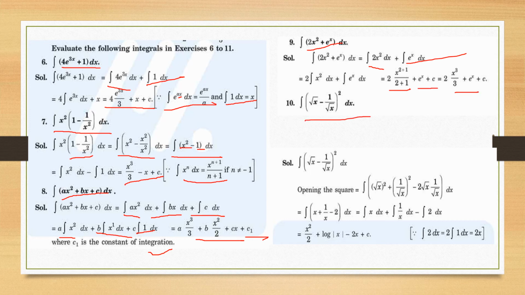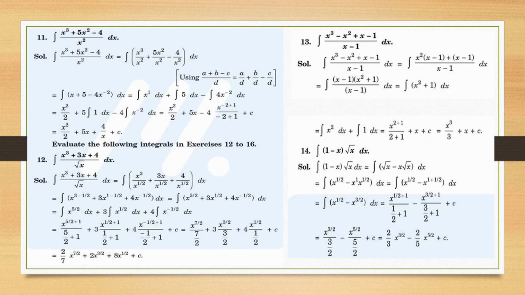For this one, now again here it is suggested that you should open the bracket using (a minus b) whole square. So this becomes a simple function like this, and on separation it becomes integral of x dx plus half integral of 1 by x dx minus 2 integral of dx. So x integrates to x square by 2, 1 by x, you remember, is log mod x, the formula we discussed, and minus 2x, because 2 is outside and integral of 1 dx is x, and plus c, the constant of integration.